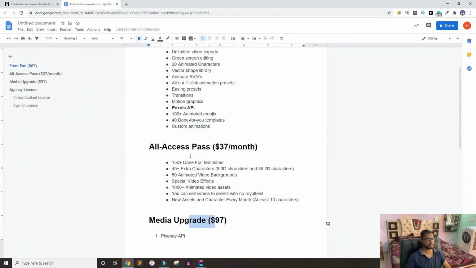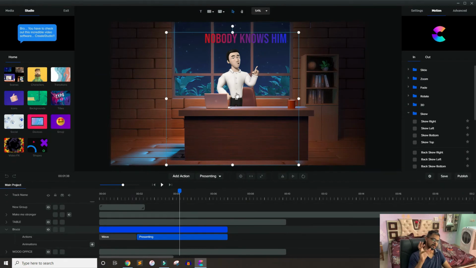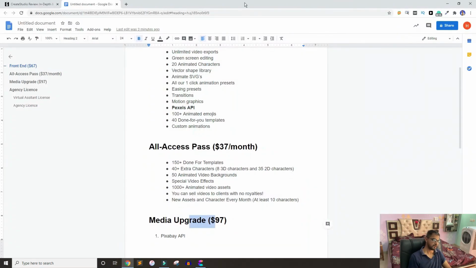So for the price, if we compare, price being our base, it is much better than its alternatives. And if you can pay higher, obviously you will get a better product. But its design, its character design, whoever designed these things, this is really amazing, no doubt, because I have used all of them: Animaker, Powtoon, Beyond.